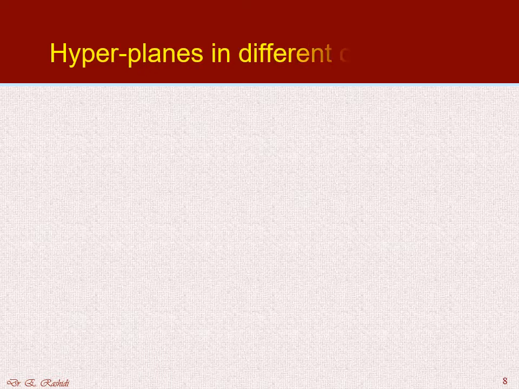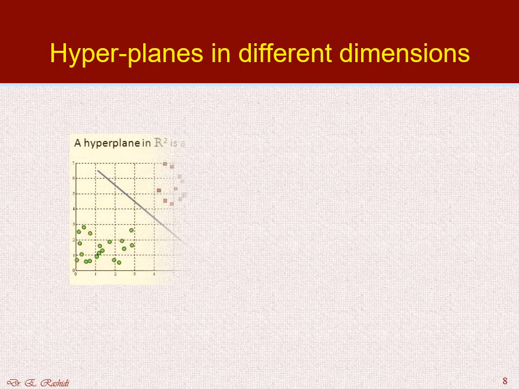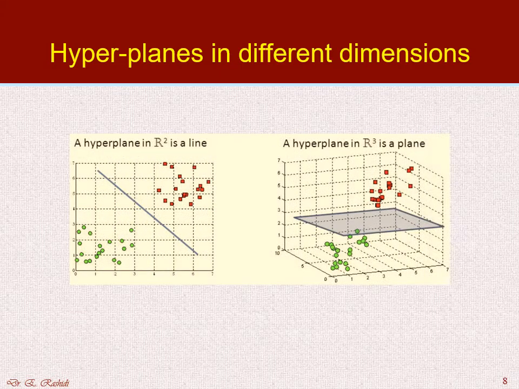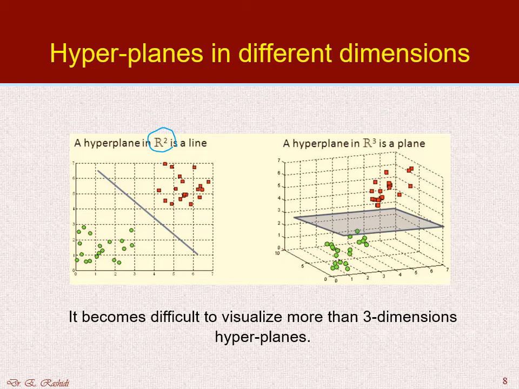Hyperplanes in different dimensions. Let's see examples of different hyperplanes in a two-dimensional system and a three-dimensional system. The picture on the left shows a hyperplane in a two-dimensional system, which is just a line. So a two-dimensional hyperplane is a line. And as you see here, this line segregates these two classes from each other,